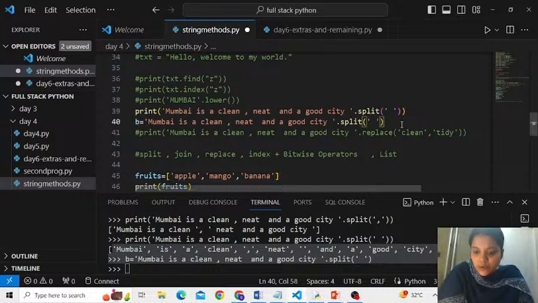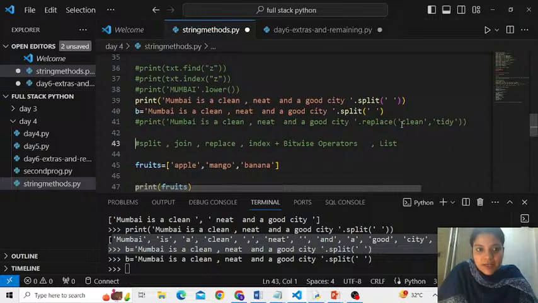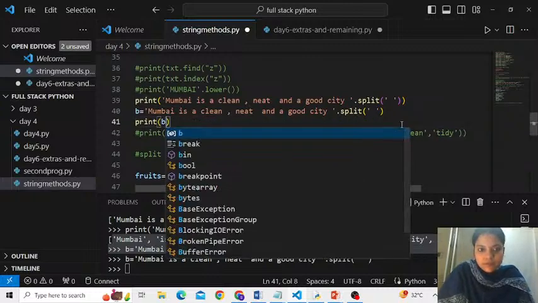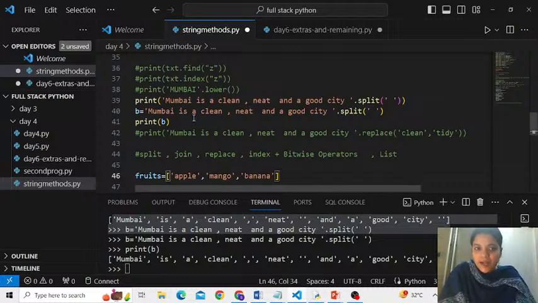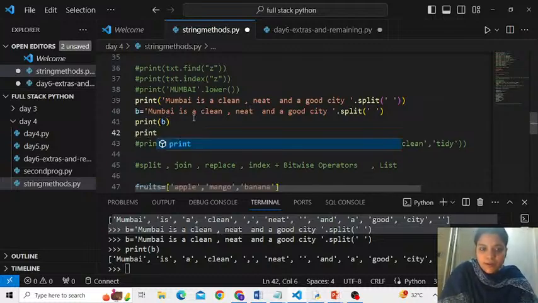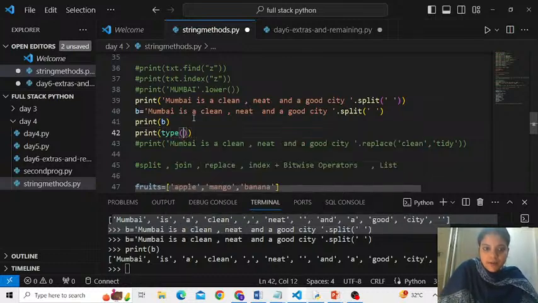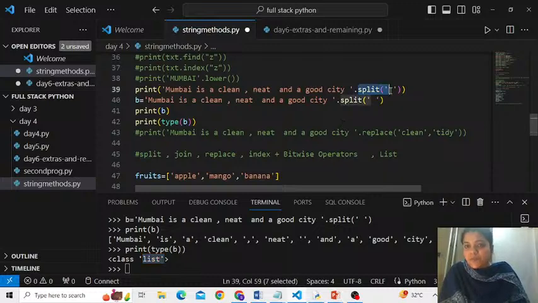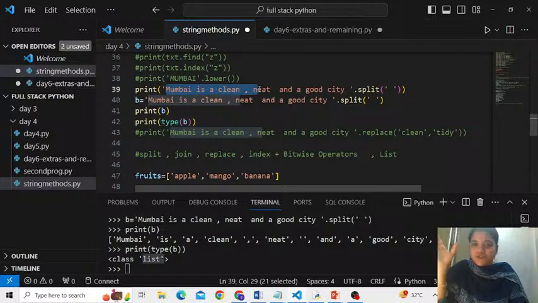And if I say print b, the b has been printed, and along with b also print the type of b. Type means data type, people. So it's a list you will find here. b is no more a string. That is the meaning of the split function. It splits a string into substrings based on a separator, but these substrings will be a list. It is a list of substrings.